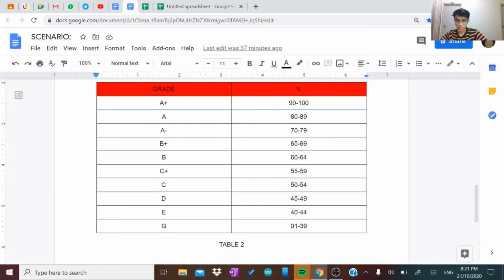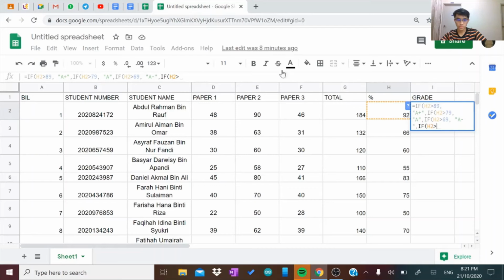Check this out, so 64, greater than 64, just type 64 here, comma, space. Yeah, so this is for B plus, close it, then comma again, IF